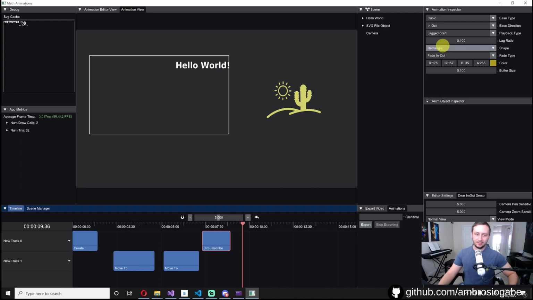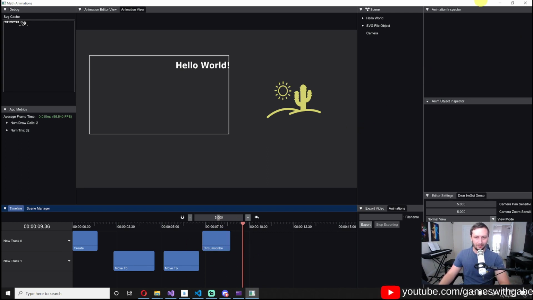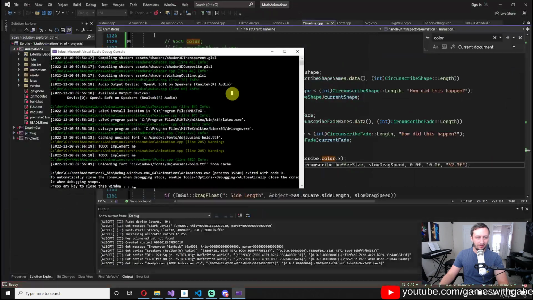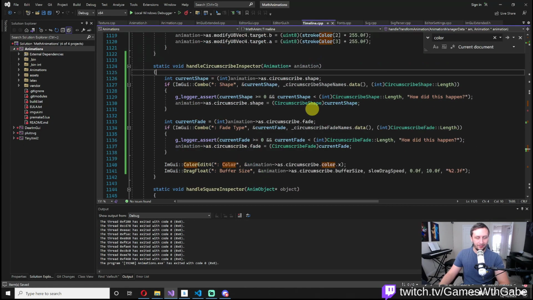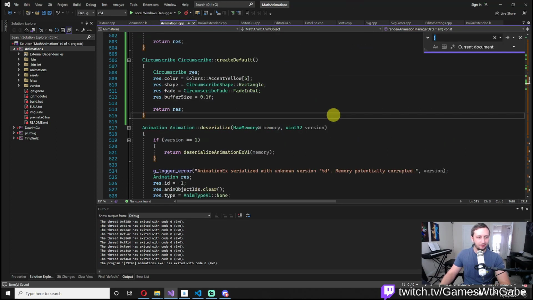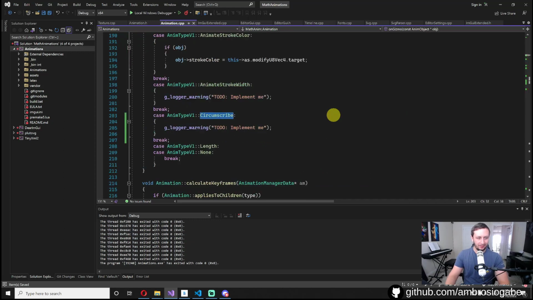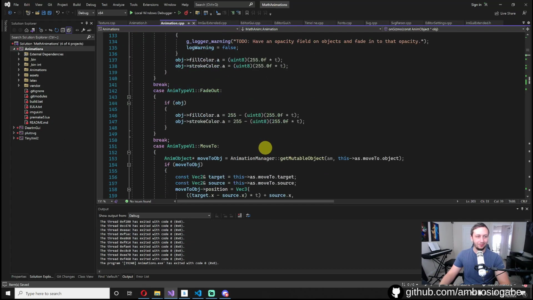Okay, so what's the simplest thing we could do right now to actually draw the circumscribe animation? Is just draw a rectangle around our bounding box. So what I'm gonna do is, and actually one other thing too. No, we can use, okay, T value. So basically, if we go, yes, this is what I wanted. Cool. So if we go into here,